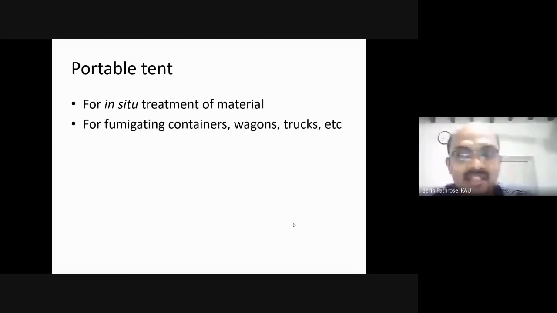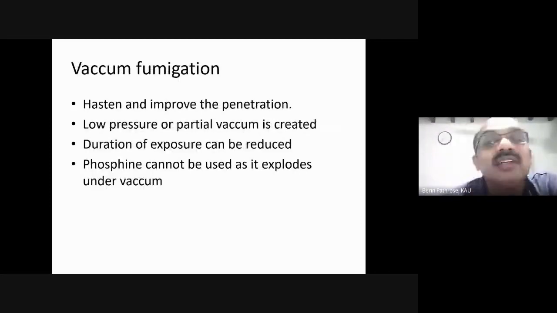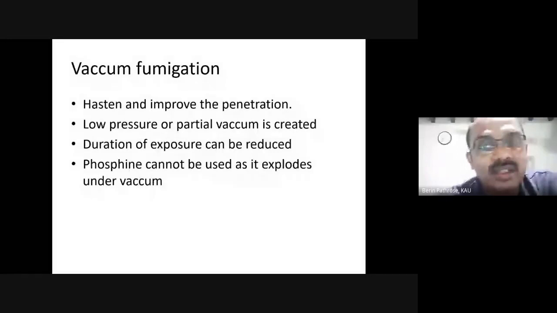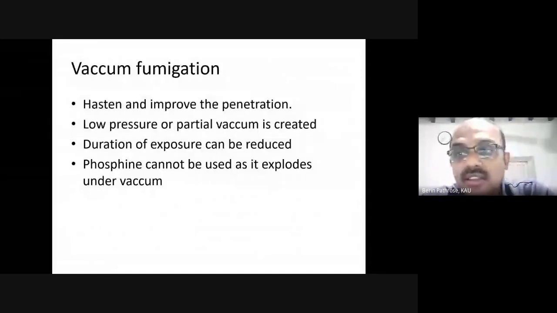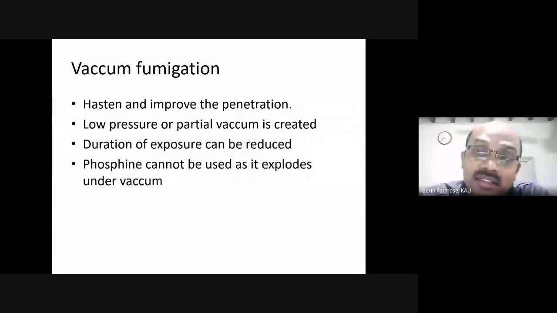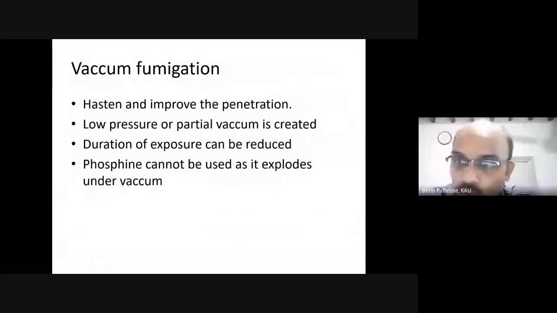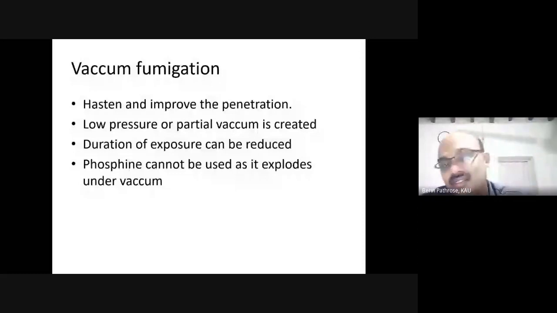The third kind is vacuum fumigation. In vacuum fumigation, the fumigants may not have good penetrating power, and penetrating power is extremely important. So what we will do is generate a vacuum in that structure and release the fumigant into it. Because of the vacuum present in that structure, the fumigant will penetrate easily and distribute uniformly. This is mainly used for fumigants which have low penetrating power, low diffusing property, and uneven distribution. So we generate a vacuum so that the fumigant penetrates deep into the layers of grains. That is vacuum fumigation.